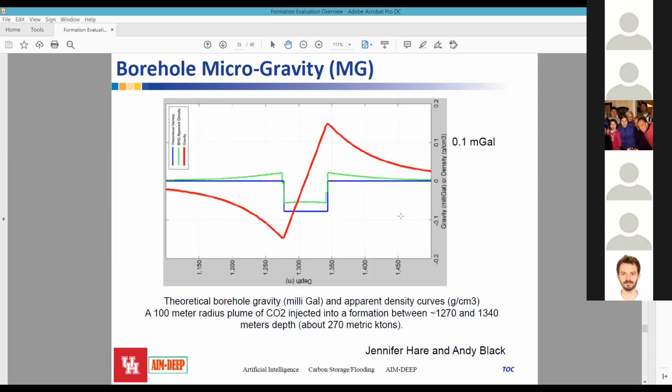Just going to the last part regarding microgravity. Recently, microgravity, with the advances in instruments, has gained more attention. The main issue that we have with microgravity is the accuracy that we need to monitor the CO2 plume or any kind of change in reservoir properties that has to be monitored. We need a very accurate measurement and instrument to do so using microgravity. Here, what I'm showing is a recent paper showing that if you have that